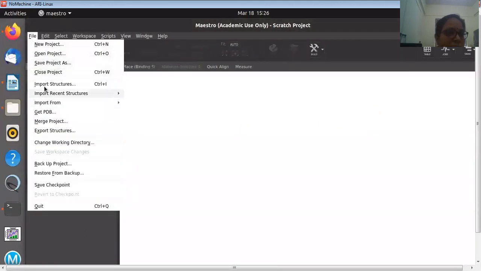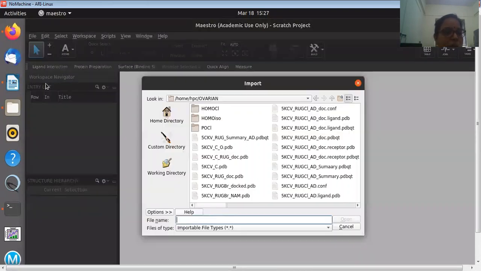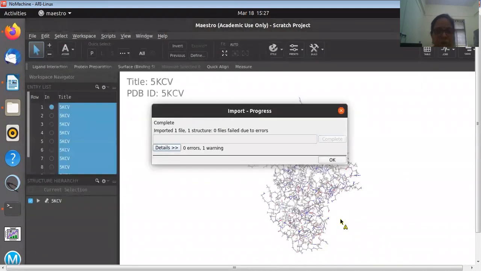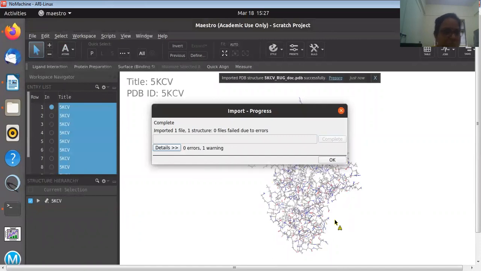In the ovarian folder, where I have saved all these files, it is located like this, my file. I will click open. It will import all the structures which I have recently docked. Click OK.